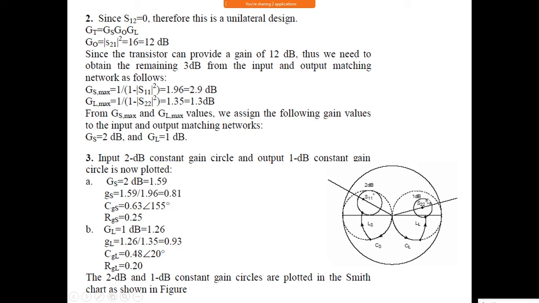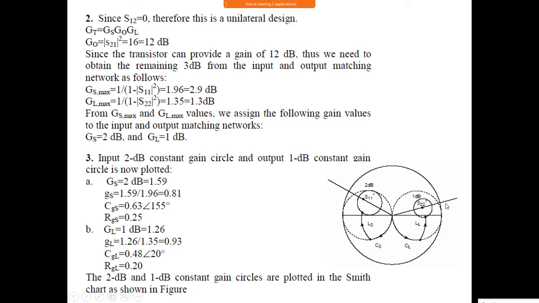So you take any impedance over this, either here or anywhere. They have taken this point here. Similarly, any value you can take here, and that value gives the gain equal to 1 dB. I will tell you later why we should take this value, we will see. So like this you can draw the circles. Understood?